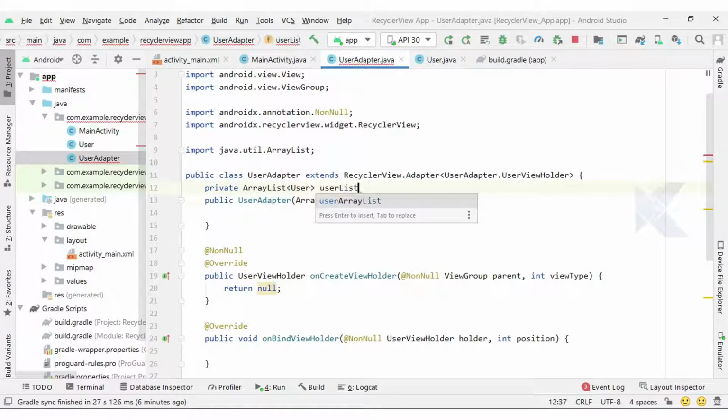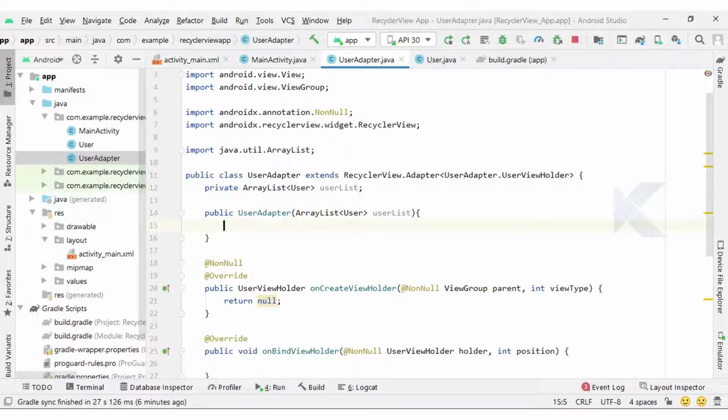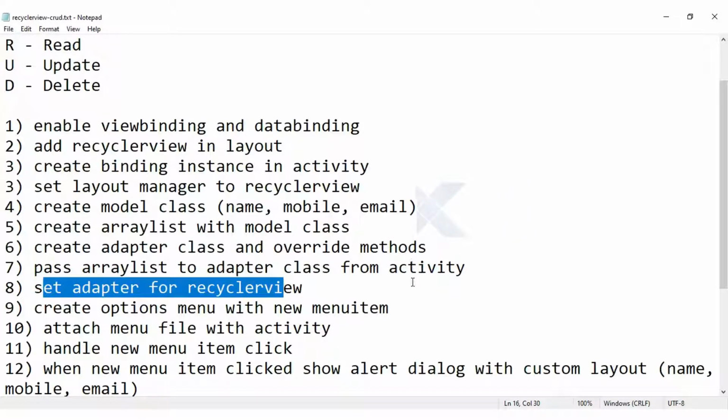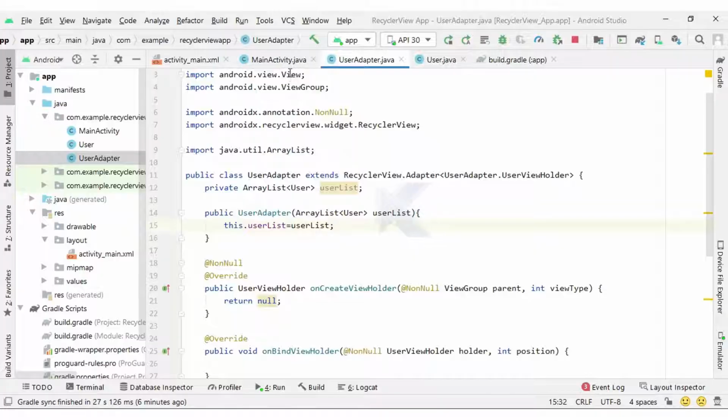So the name of the array list will be user list, and here I can write this dot user list equal to user list. Okay, so we get the data in our adapter class.